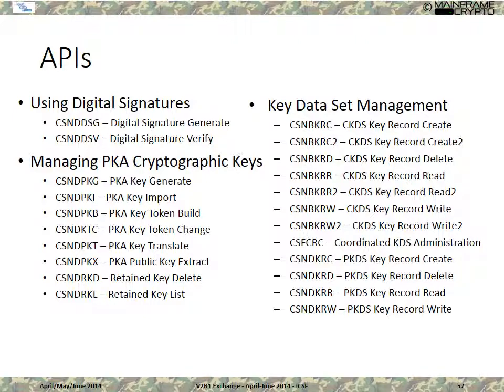So you have key record read. That'll go out and read an existing record in the CKDS. Key record write will write a record to the CKDS. Again, notice that there's several versions there. There's a KRR and a KRR2. Again, the 2 value is associated with the variable length CKDS that was introduced with HCR 7780. There's a different set of record writes and record reads for the PKDS down there toward the bottom. On slide 58,